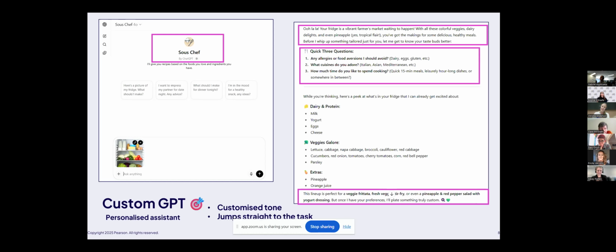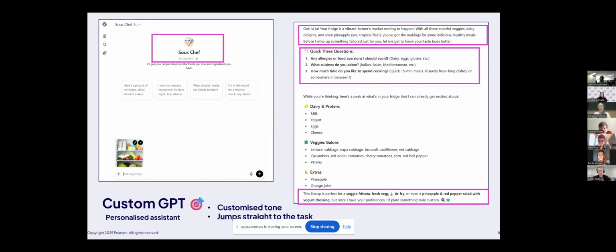Compared with ChatGPT, which said, oh, thanks for the picture of the fridge, Christy. What do you want me to do? The sous chef, it knows. It's waiting to receive my shopping list or my picture of my fridge, and it's ready. It's ready to say to me, based on those items in your fridge, you can make a lovely stir fry. So hopefully you can see that level of personalization is coming in.